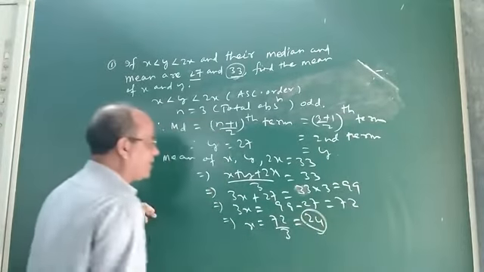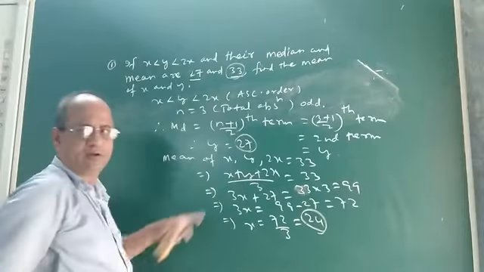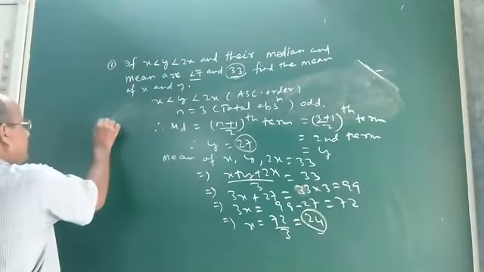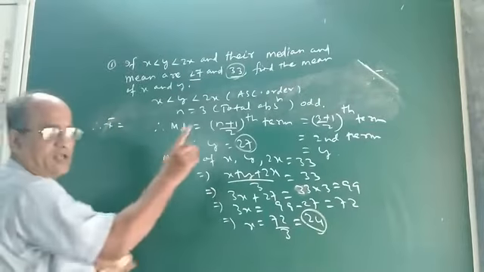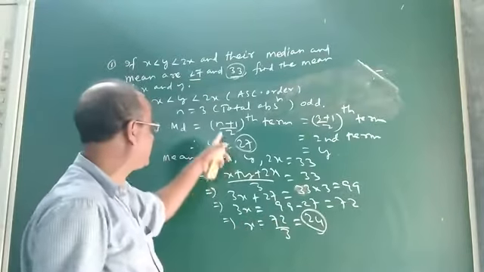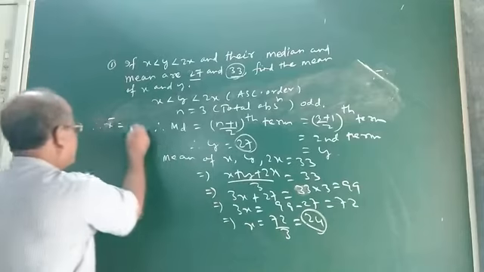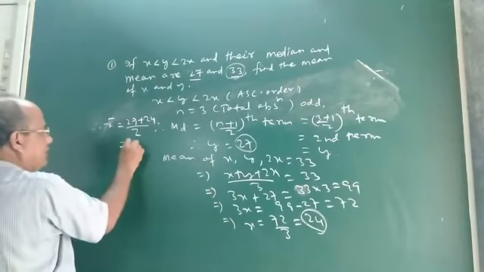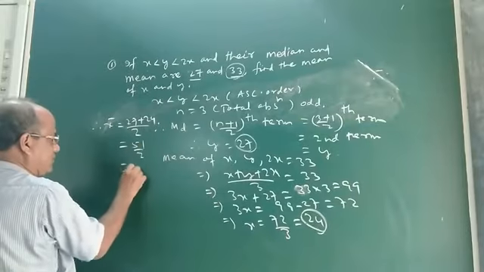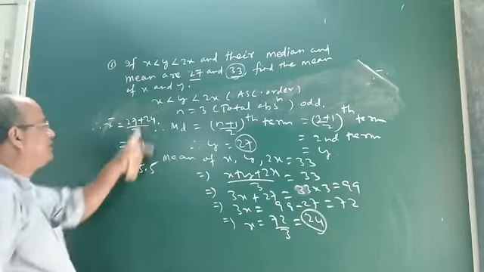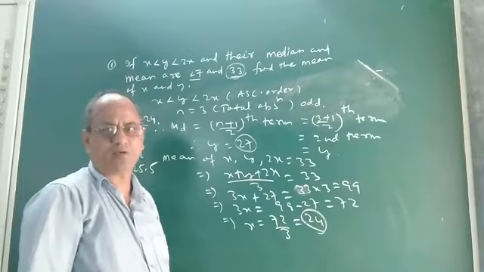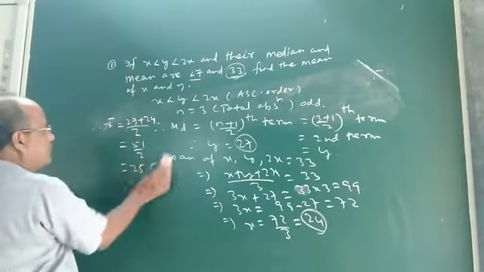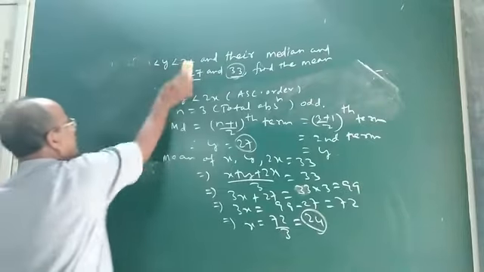You see, now we got the value of x and y. So now you can easily compute the mean of x and y. Therefore, the mean of x and y is the sum of observations by total observations. That means (27 plus 24) divided by 2. It will be 51 by 2, which is 25.5. So the mean of x and y will be 25.5. Children, I hope you understood how to do this one. Okay. Now let us discuss another question.